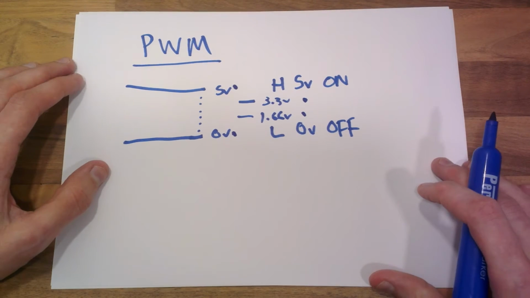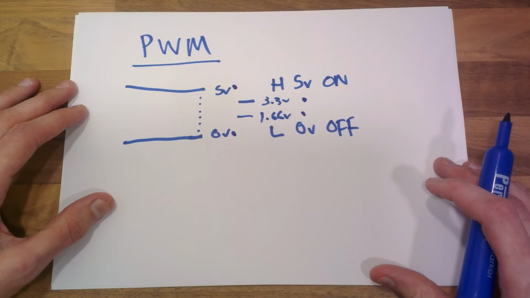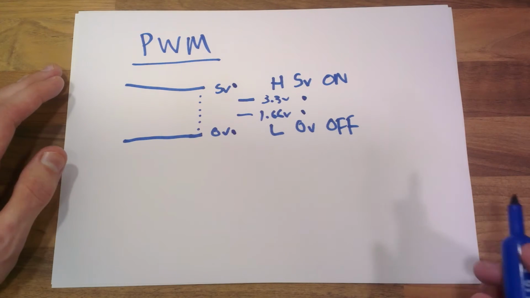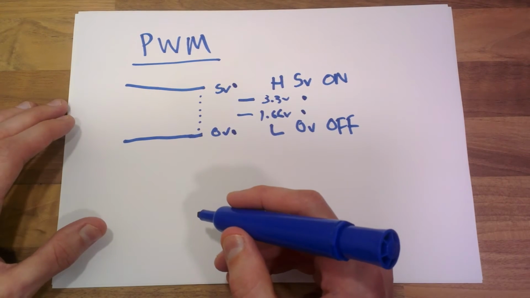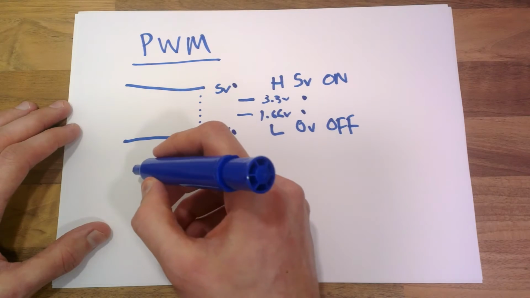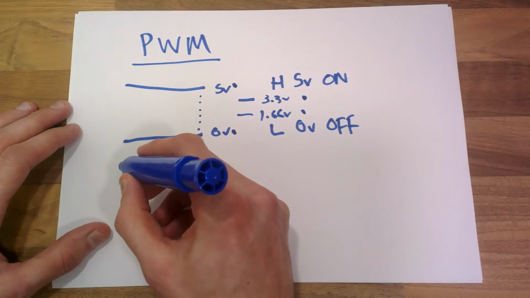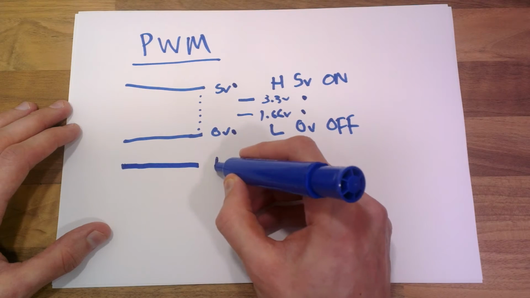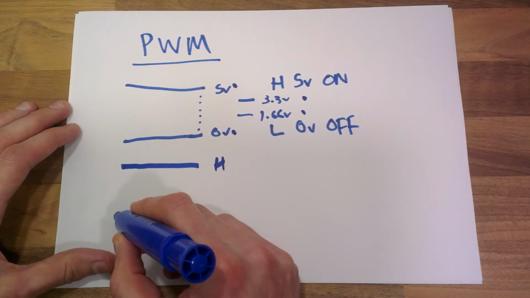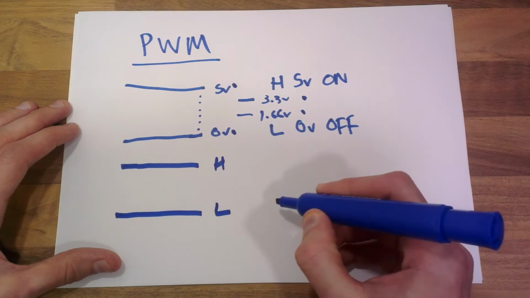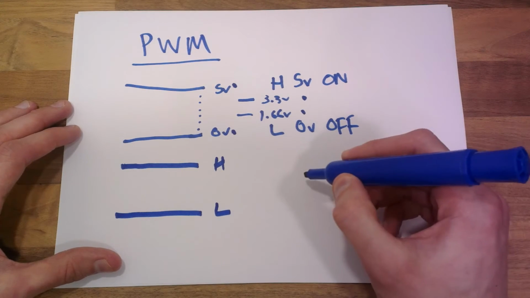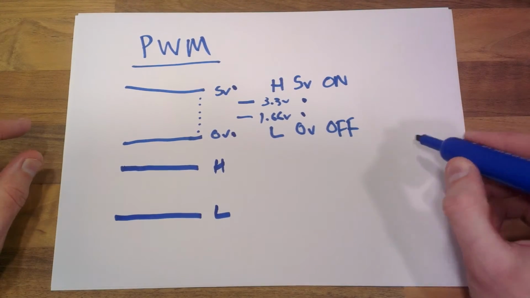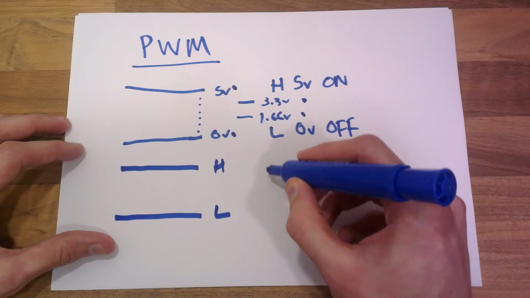So what we have to do is use something clever called PWM, Pulse Width Modulation. And the way this works is like this. Let's say we want to output 5 volts constant, so we output high. If we want to output 0 volts or off, we can output low. Now, if we wanted to output an equivalent of 2.5 volts, which is of course half, then what we would